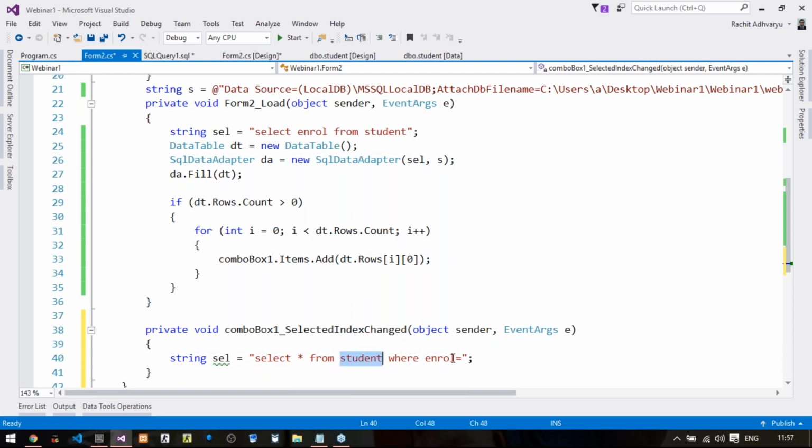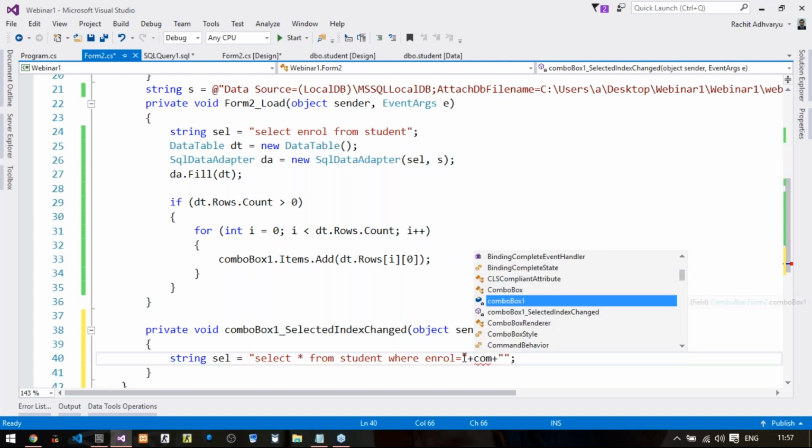So select star from student where enroll equals to double quotes plus comboBox1.SelectedItem.